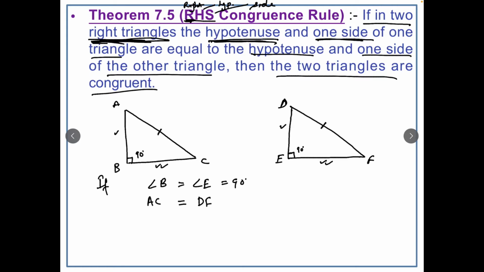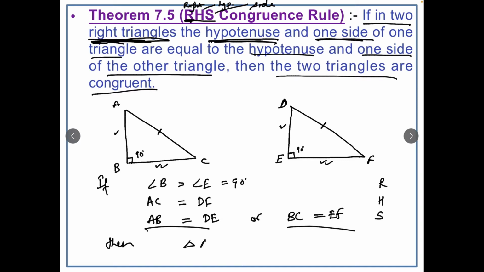If any one pair of sides is equal, this can be AB equals DE, or it can be BC equals EF. If you find any one of these two, AB equals DE or BC equals EF, in that case this will be the right angle, hypotenuse, and this will be one side. So by the RHS congruence rule,